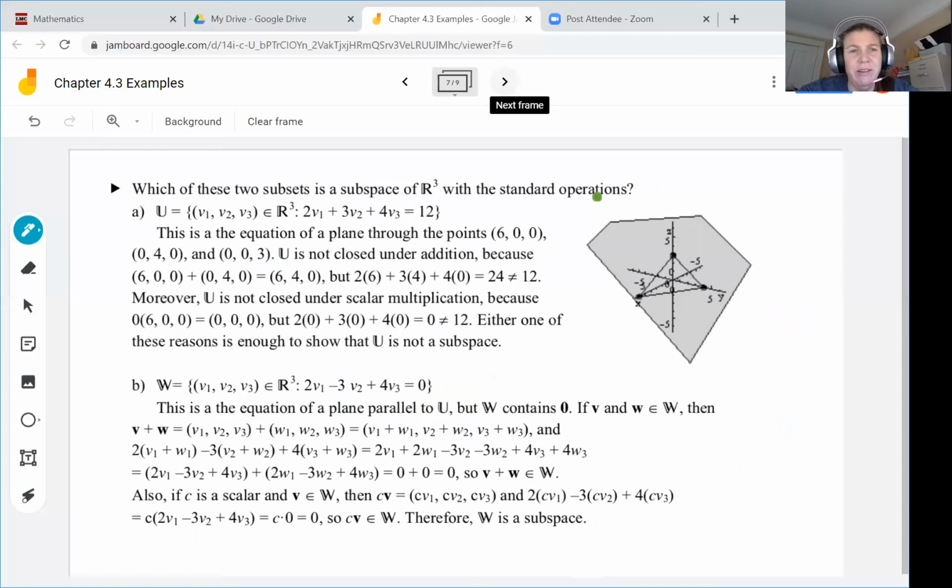Okay, moving on. Which of these two subsets is a subspace of R3 with the standard operations? Our first choice here is the subset U of 3-tuples where the condition satisfied has to be 2v1 plus 3v2 plus 4v3 equals 12. And if it makes you more comfortable to say x's and y's instead, anytime you're working with elements, you can always replace your conditions with the more familiar x, y, and z. So if you wanted to say this is just all the x, y, and z such that this equation is true,